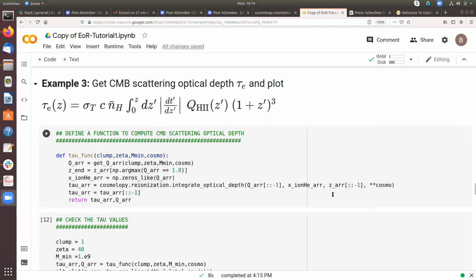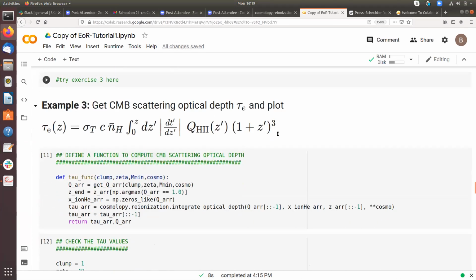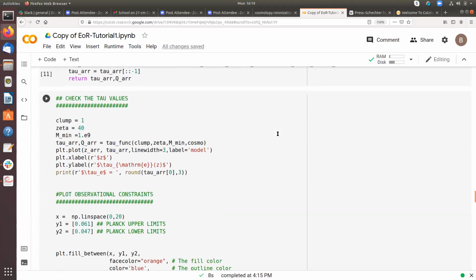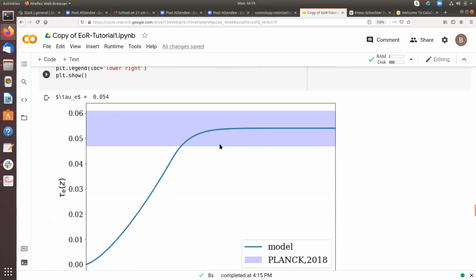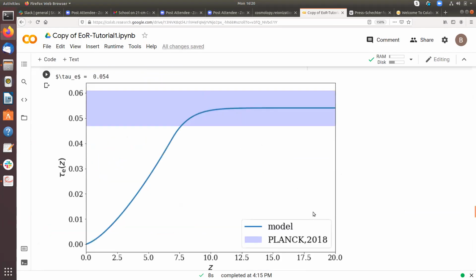Let me share again. Okay. Similarly, it's going good actually. So similarly, you can try exercise 4, where I have told you to compute the Planck, sorry, the Thomson scattering optical depth for the models which you have taken in exercises 1 and 2, and check which of the models follow the constraint given by Planck.